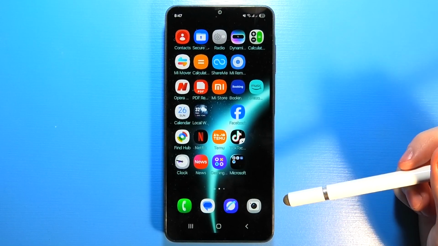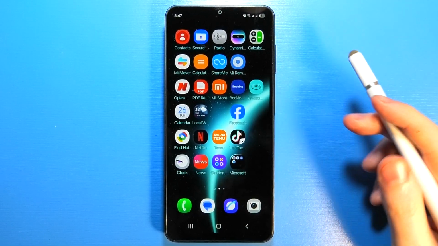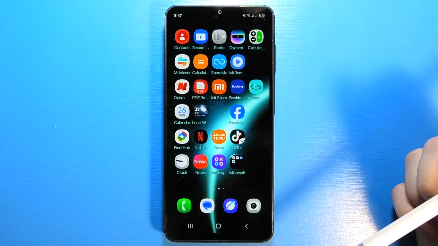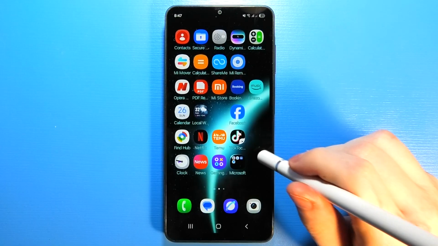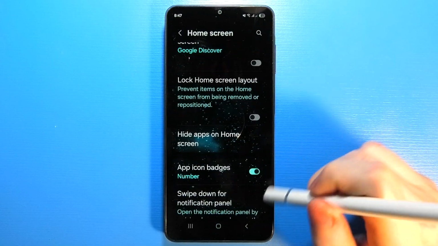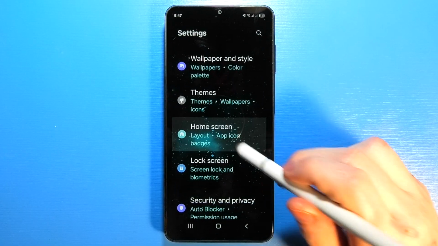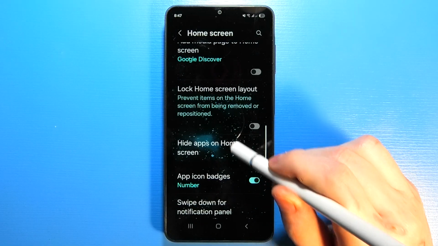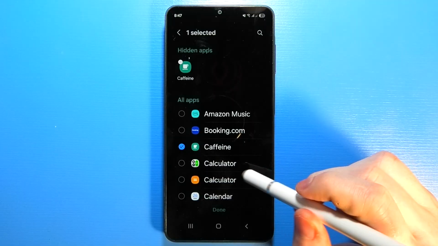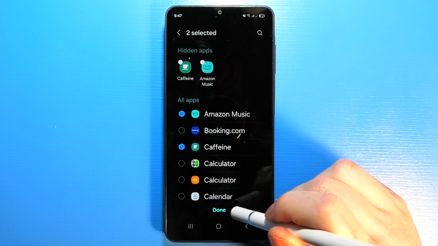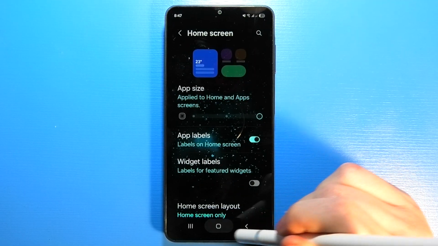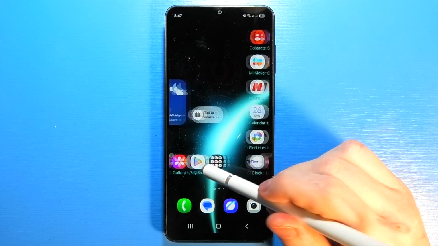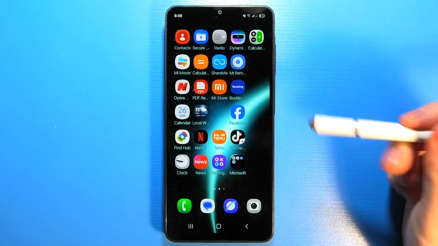To hide apps on Samsung Galaxy F07, first of all, pay attention to this app right here called Amazon Music. Now we're gonna hide it by opening settings on our device. Then we can find the home screen options, and if we scroll down, there's the option to hide apps on home screen. If we select that, we'll be able to hide Amazon Music, and then if we click on done and go back to our home screen, as you can see, the Amazon Music is gone from our home screen,